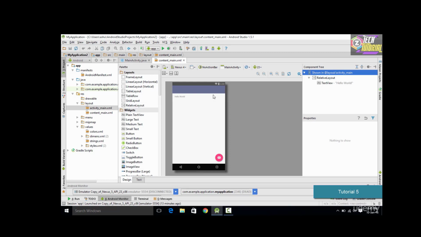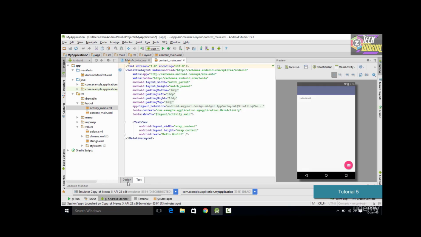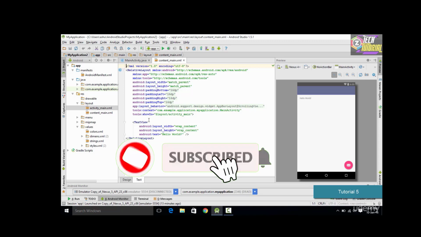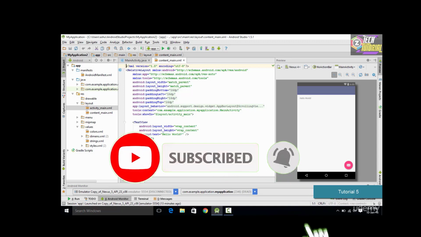So in this tutorial, we have learnt about the interface of the Android IDE, or the Android Studio IDE, and we have gone through various things like the project tab and this tab which contains some things which we could directly drag and drop. We have also learned that we could design Android applications in two ways. That is, we could design the layout of the application in two ways. The first is we could just drag things and drop them directly onto the screen, and another way is we could just simply go ahead and write the code in the XML.